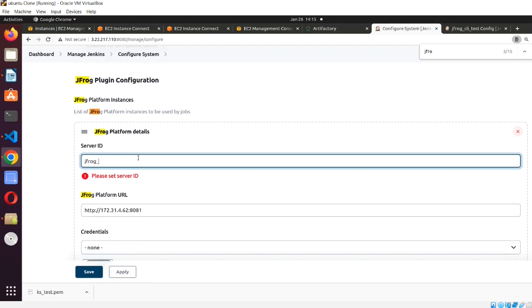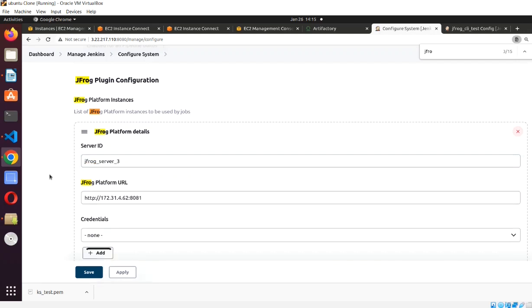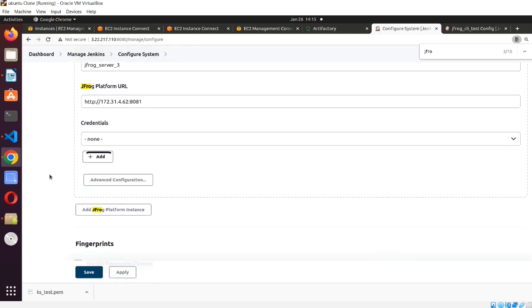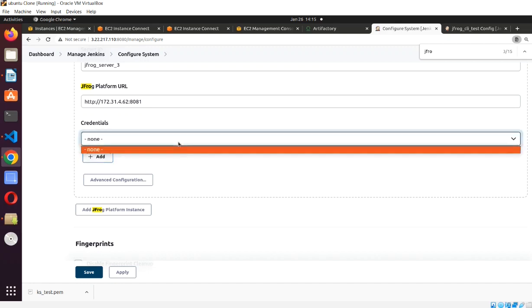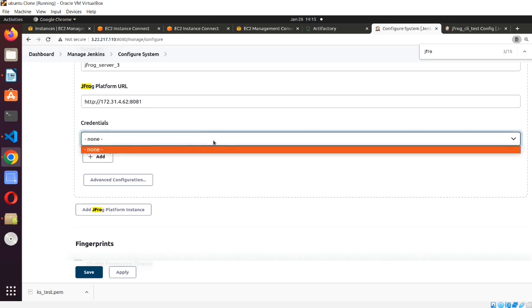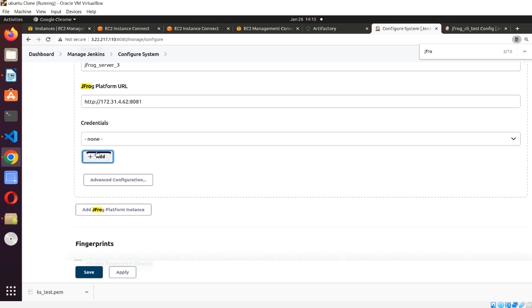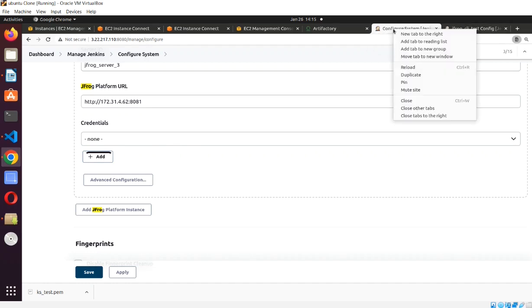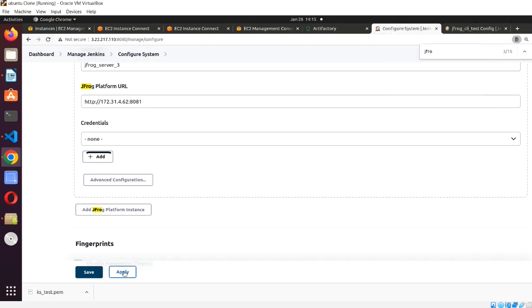JFrog server 1 we have already created, 2, 3, anything we can pass. It doesn't have the same option to pass the creds, so we need to create the creds, then we can pass them over here. Okay. If you go to add, it's not going to open. Let's try to save it. If it's getting saved,